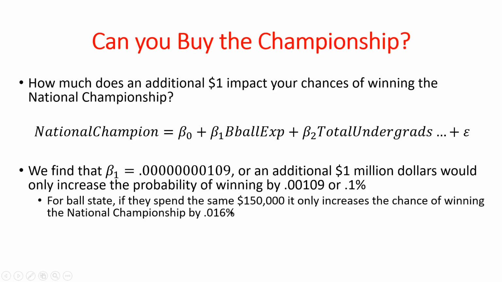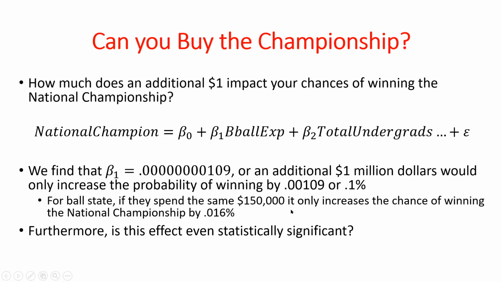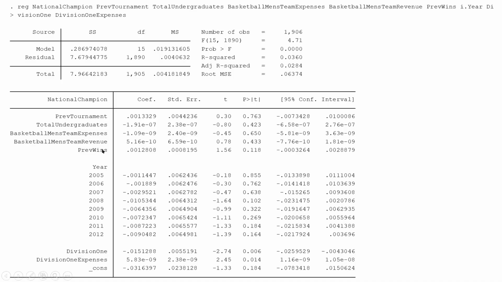So if Ball State increased their budget by 10%, which was that $150,000, it only increased their chances not by 0.1% but 0.016%, right? So even if I increase my expenditure by 10%, I'm barely changing the percent chance of becoming a national champion. And is it statistically significant? Well, if we look at this, in fact, a pretty high p-value. So really, it's looking like there's no real effect of spending an additional dollar on the probability of winning the national championship,